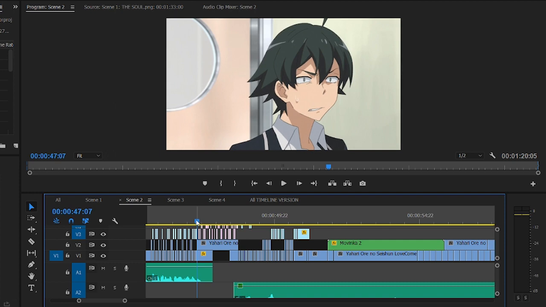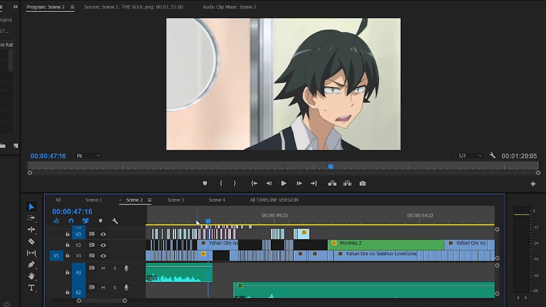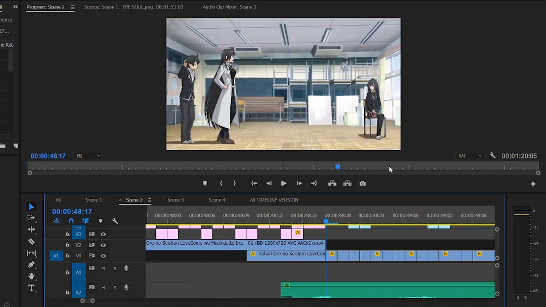Over here we have a shot of Hachimon. He didn't originally have any flaps here, so these are custom drawn mouth flaps as well. So there are 2 shots that I use this technique on in this episode, but I cannot for the life of me remember where the second one is.